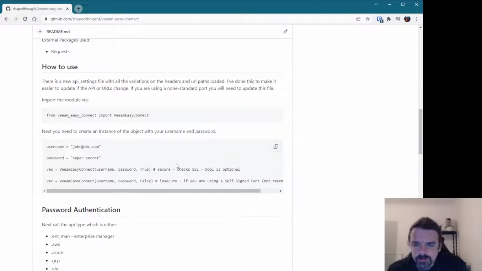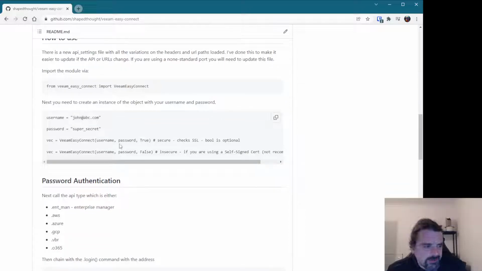It works in a similar way to the way it did previously, in that you import the module, like you can see there, import easy from Easy Connect, import Veeam Easy Connect. The bit that's changed is that when you instantiate the object, you now give it a username and password, and you can also specify whether you want to use secure SSL, or if you want to use insecure as in